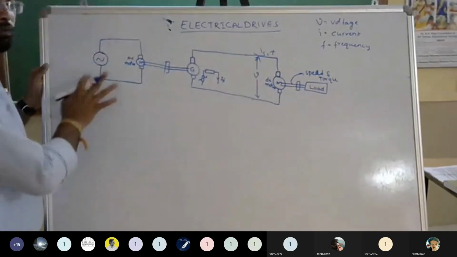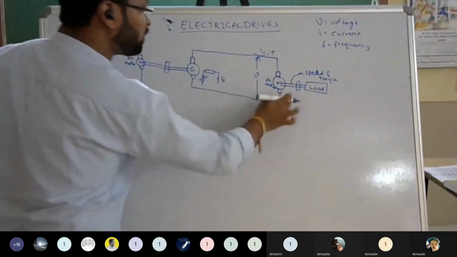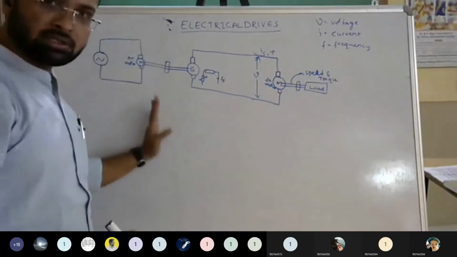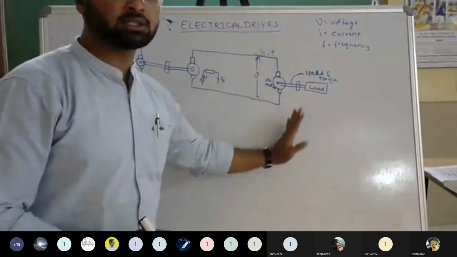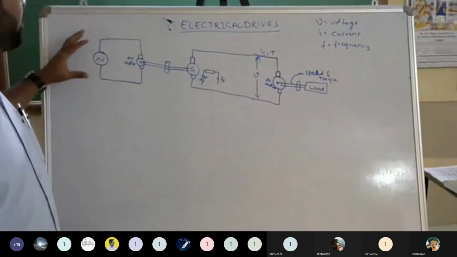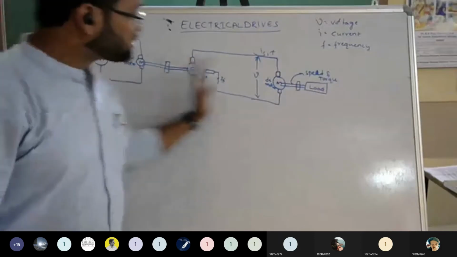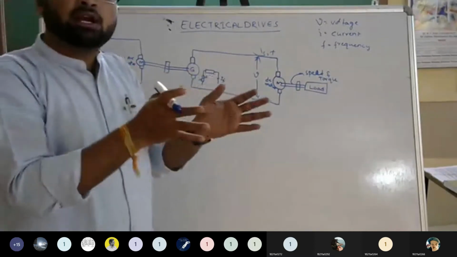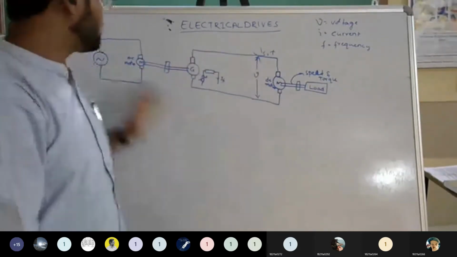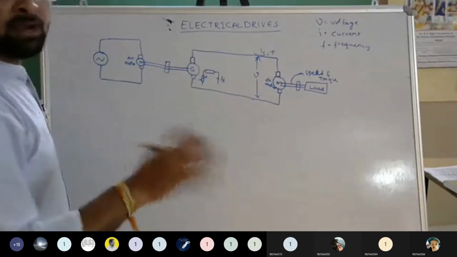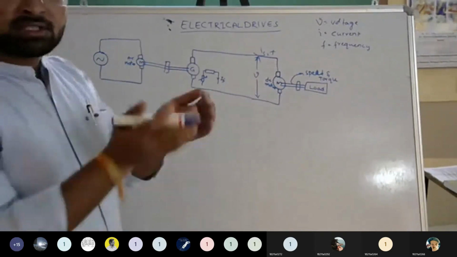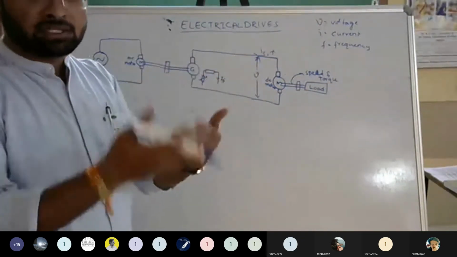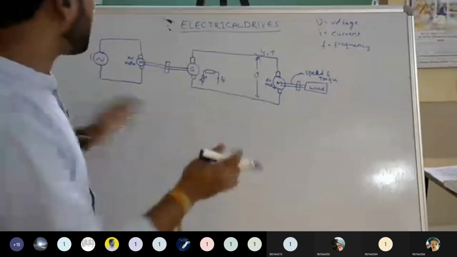Here is the speed control. So if you want to run one load, how many things are required? One machine, two machines, three machines. So the system size is increasing. And what is the efficiency? Here there are losses of this motor, then losses of the generator, then again the losses of this machine. So we are developing more power than is required, the size of the system is unnecessarily large, and controlling everything becomes difficult. That's why, before, electrical drives were not that popular. To run one small load, you need this many machines. But when power electronics developed, being a static device, it has less size, the efficiency will increase, and there is no motion. So there are many plus points.